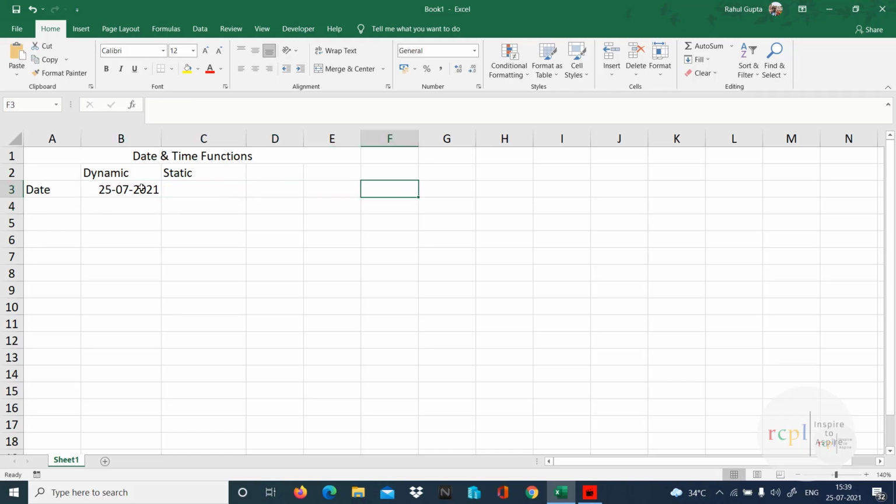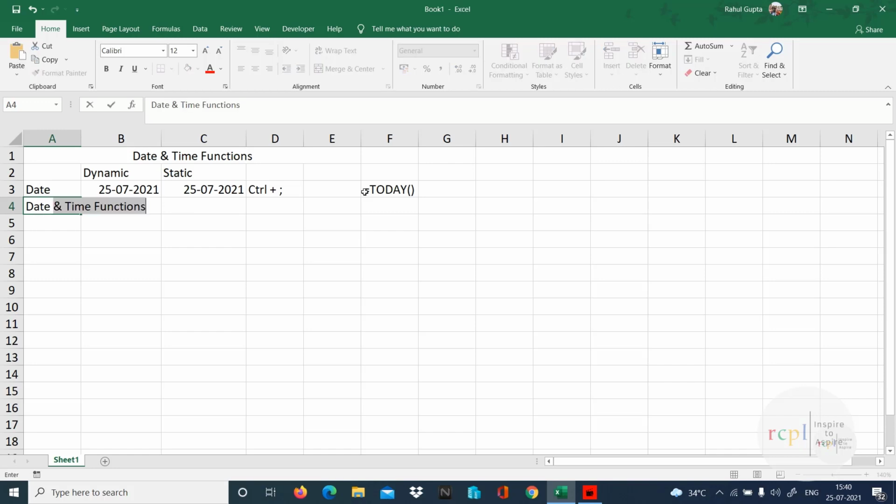You don't have to give any option in between, just open and close brackets. For static, we press a shortcut: Control plus semicolon is the shortcut for getting the static date.